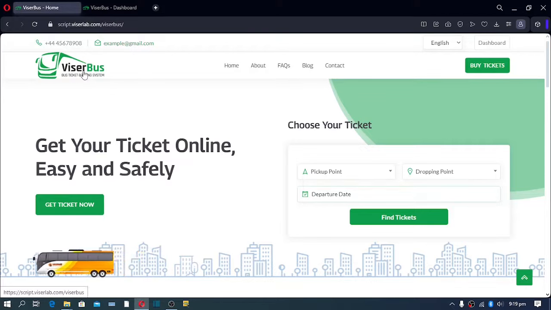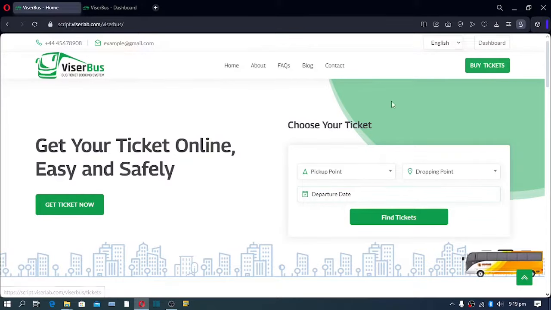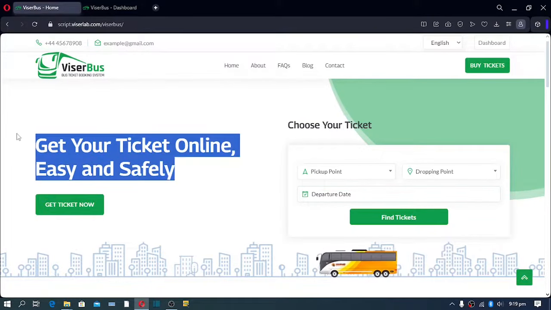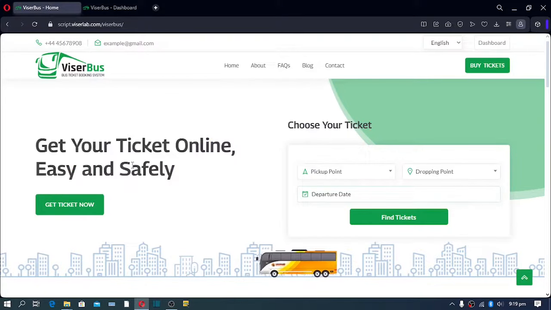Beneath your logo, we'll be replacing that. We have all these menus, buttons they can click to buy a ticket. We have a hero area with this text. If you want to change your text, don't worry, I'll be showing you how you can change or replace this